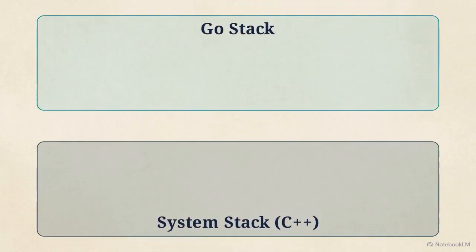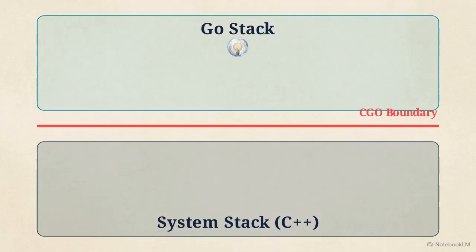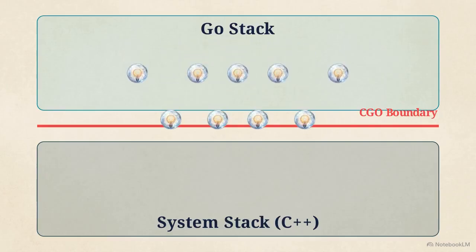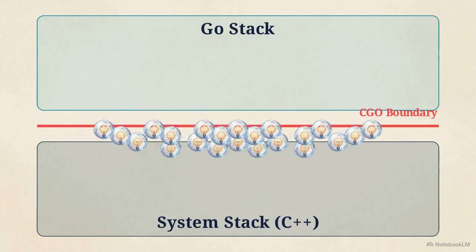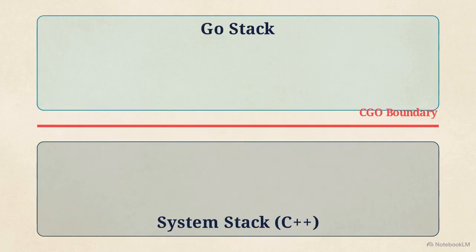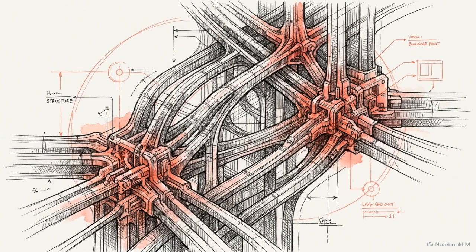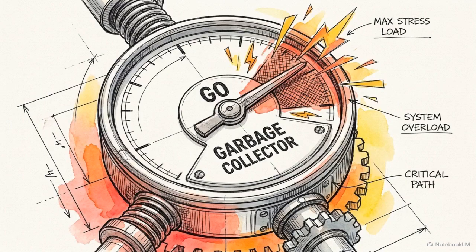Executing high-performance machine learning in Go traditionally hits the CGO boundary. Standard Go frameworks wrap external C++ compute libraries to process tensor math. Doing so injects a 200 nanosecond context switching penalty every single time the runtime switches from the Go stack to the system stack. In a deep neural network, millions of these micro-latencies stack up. The context switching devastates tight inference loops and places severe, continuous pressure on the Go garbage collector.